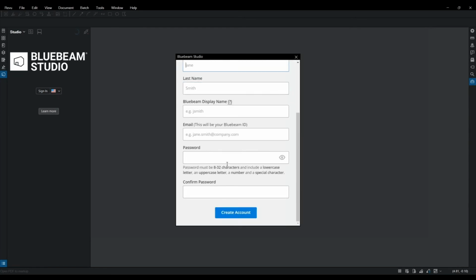Next, you're going to fill out your password. Your password is going to be one of those more secure options. It does have to be at least 8 characters long, with 1 upper case, 1 number, 1 letter, and 1 symbol. So go ahead and type that in. You're going to type it in again.